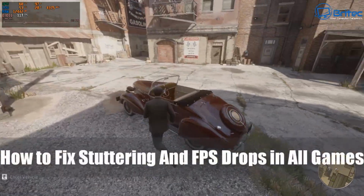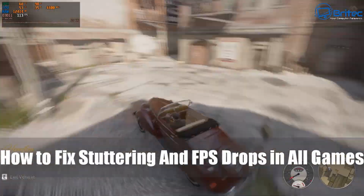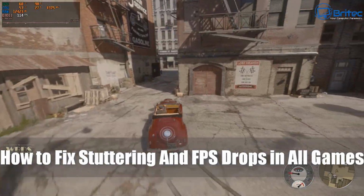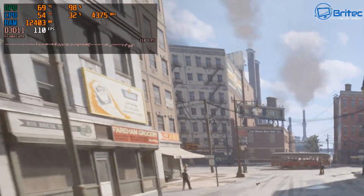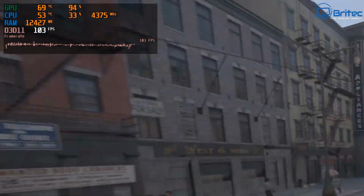Hey guys, today we're taking a look at how to fix stuttering and frame drops. This is your FPS frame drops in all games. We're also talking about high CPU usage and high GPU usage, and we're going to be covering all of this in this video. As you can see from this game here, there is that line that's going across the screen